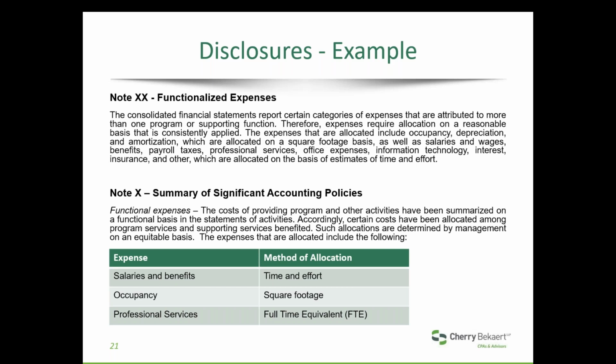And I will say in this example, it does include interest, which for those entities that do have a material amount of interest, that's something that would probably be allocated to. Or there's another example shown, which is not as many listed, probably because they don't have as significant amounts of expenses. And I will point out in all three of these examples, there is a discussion or statement about the fact that management determined these allocation methods.